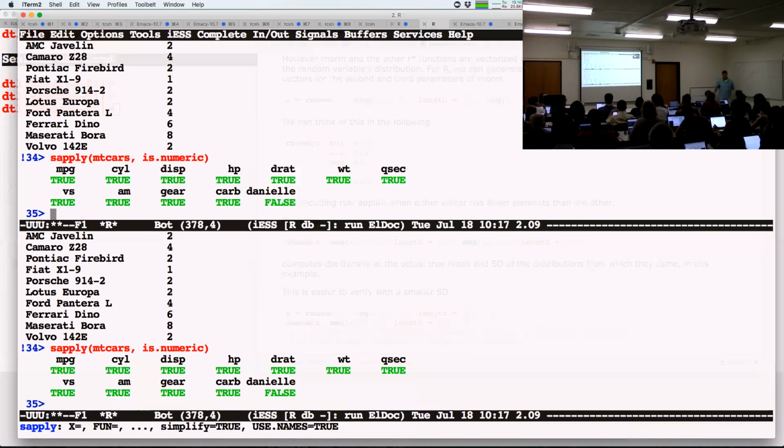You can look up the documentation. It looks at every element here and says, first of all, do you all have the same length? And if it does, it says, okay, so far so good. And then it says, are you all compatible with each other? So if this is a number, and this is a string, and this is a logical, and this is a number, and this is a string, it says, yes, I can make you all strings, character vectors, and it will collapse this down to a character vector.